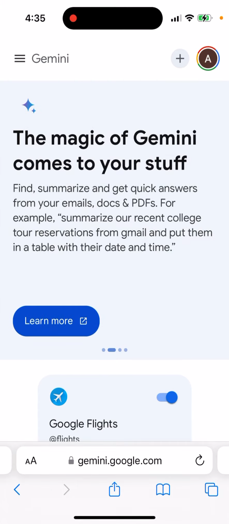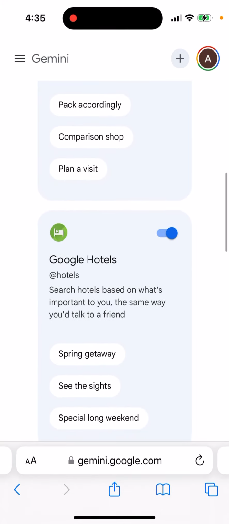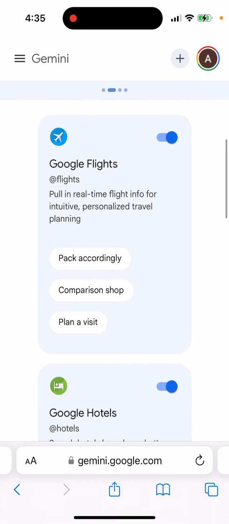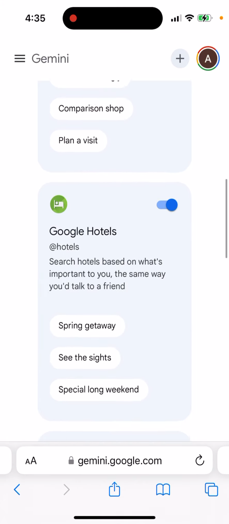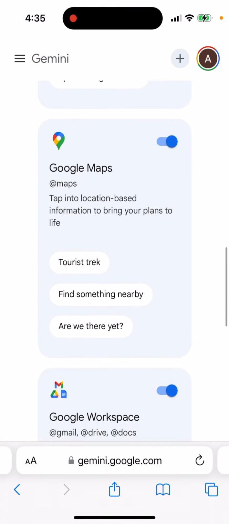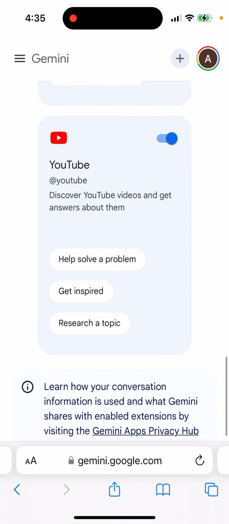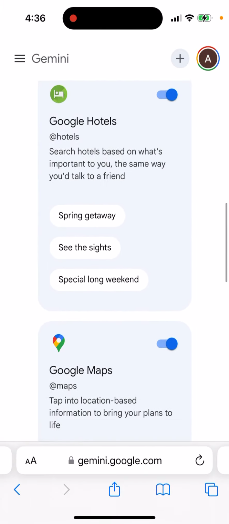Gemini can now access info from news sources, starting with Maps, YouTube, flights, hotels, so you can bring your ideas to life easier and faster. So yep, here you can just see all the flights, all the hotels, Google Maps, Google Workspace, like Gmail, Drive, Docs, YouTube, and then just basically